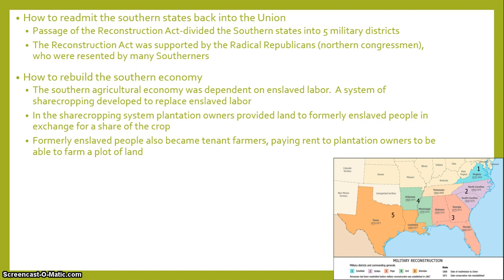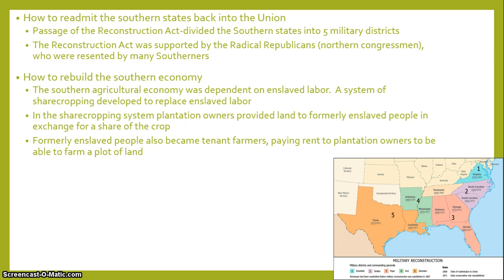The second major question was how to rebuild the Southern economy. And basically, the economy was all based on slave labor. That's what it was. It was a system of agriculture. So what developed after Reconstruction was a system of sharecropping, and basically what that is, is that former enslaved people worked